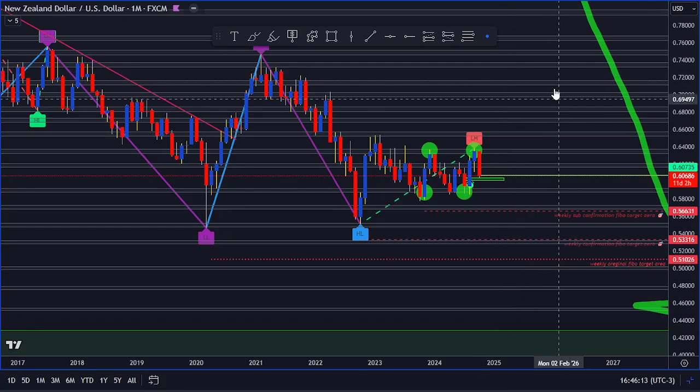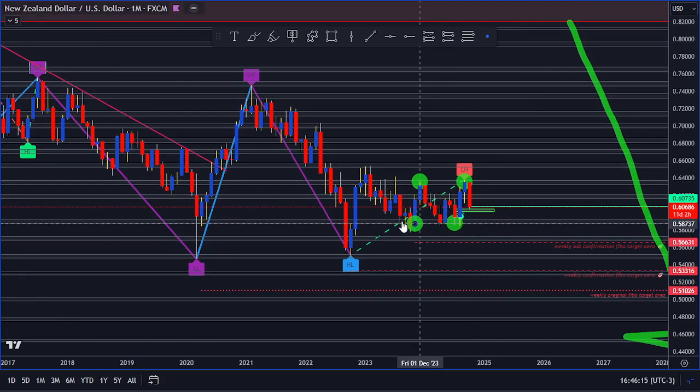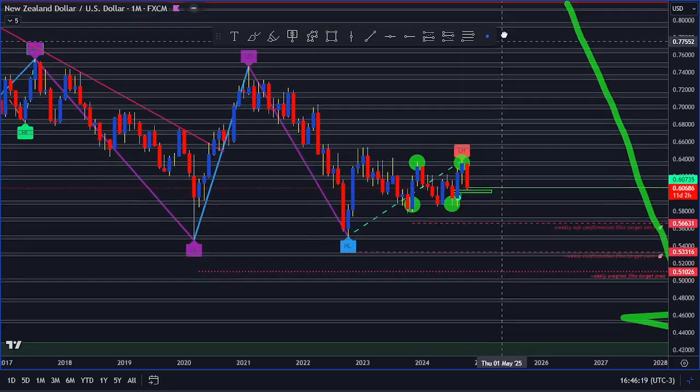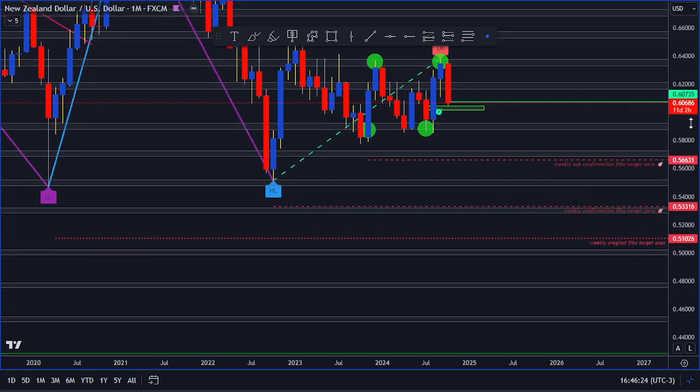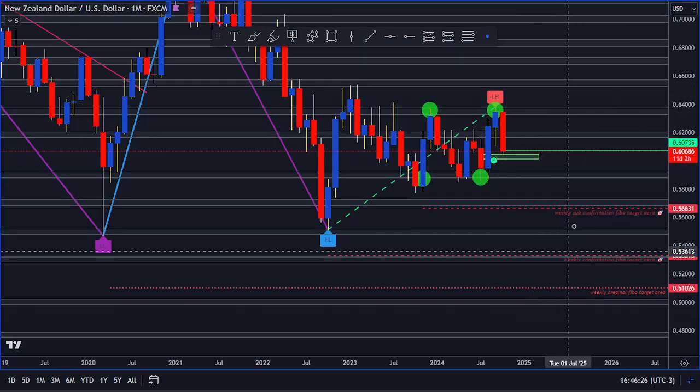We don't expect the US dollar to be so weak to the point that NZD is going to be strong, and the dollar is going to continue to drop. That is not what we are expecting. Okay, give or take, for me, long term, the market is going to drop. And as you